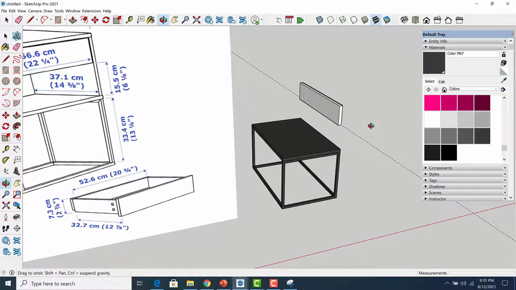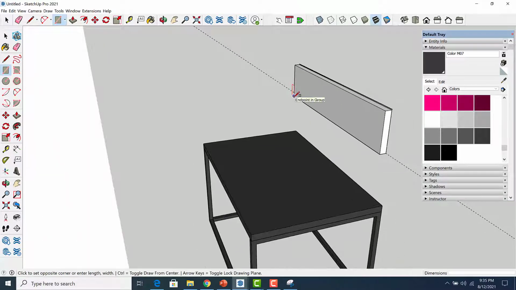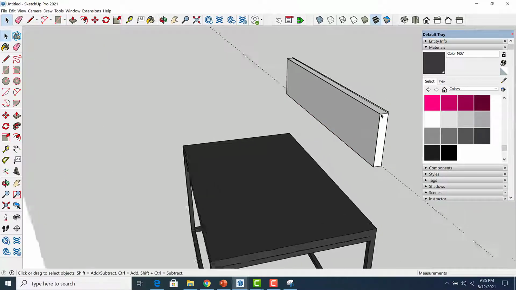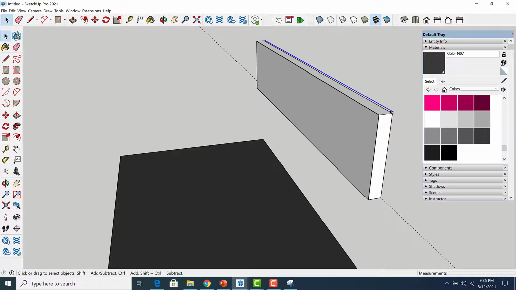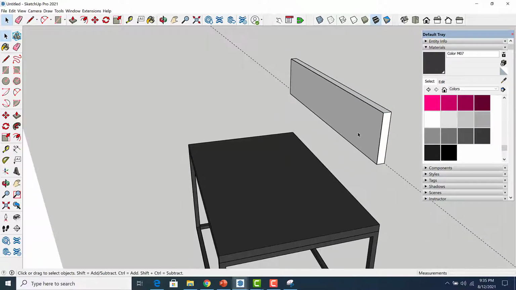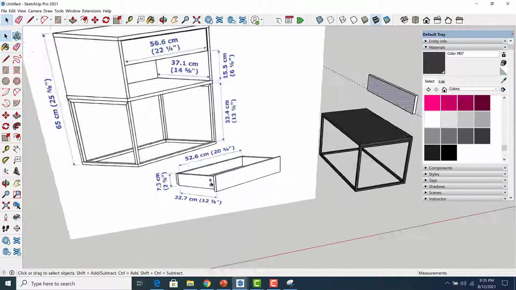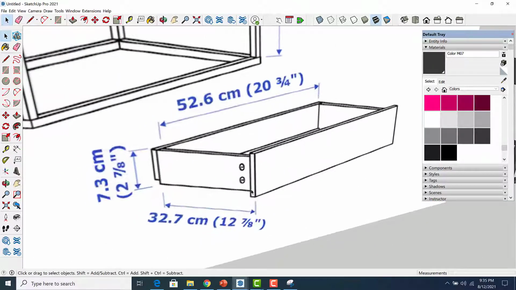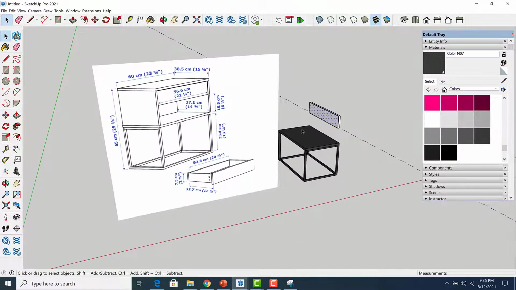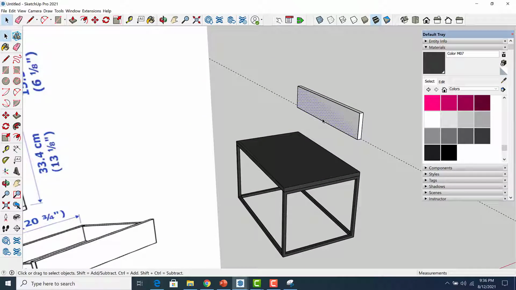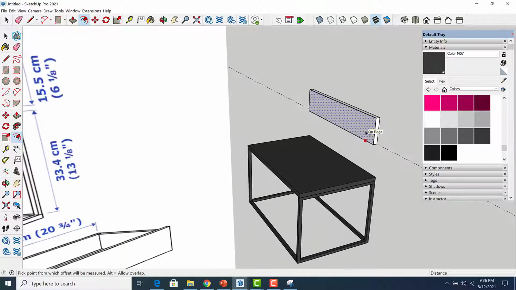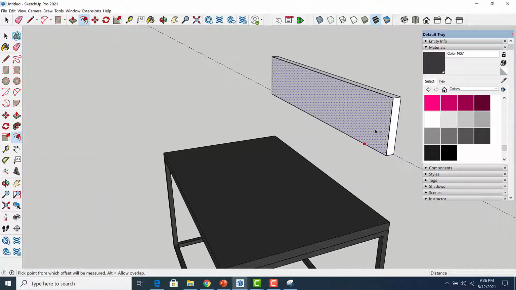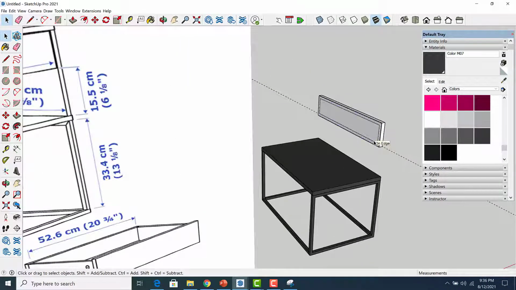Next step, I add a rectangle here to here. Oh, see, I have an extra line here. I can delete this one too. So now I use offset. As you can see, this part is a little bit smaller than the face of the drawer. So I go to offset, and I just eyeball it. It's not a big deal. I offset this one maybe this much. Then